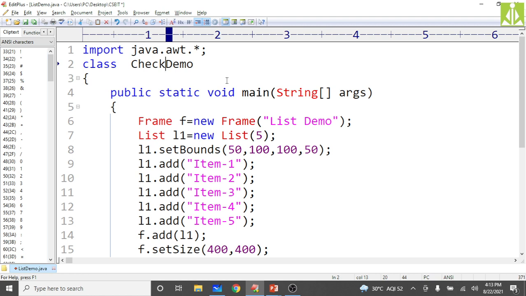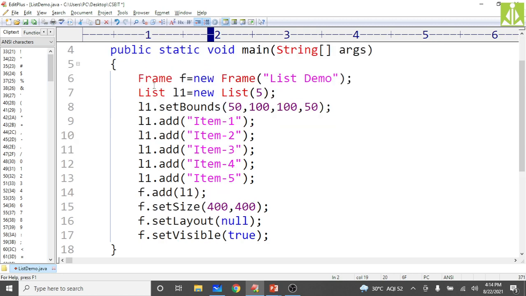Here I am trying to get the spelling of my checkbox. It is giving issues. Okay, now you can see it is correct. Checkbox, the B must be small. Now it is giving red, that means it is the class. So you can copy this, and CheckboxDemo is my user defined class.